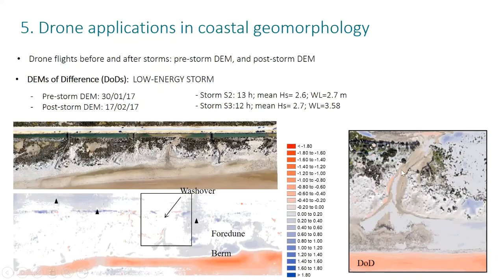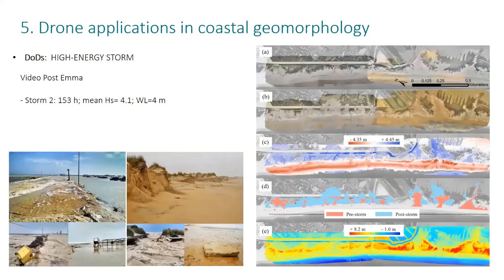And we also saw that the flow of water on shore was eroding the washover channel and the dunes present along the channel, leaving some dune scarps of more or less 50 centimeters. I was also able to assess